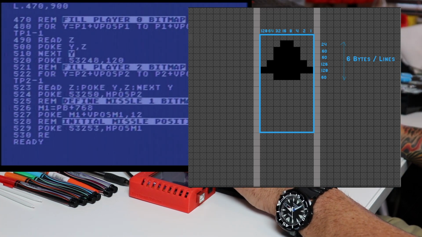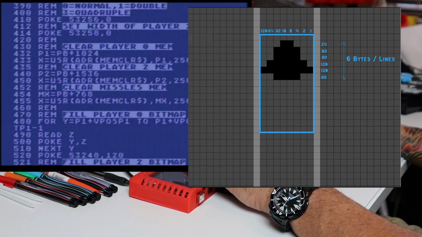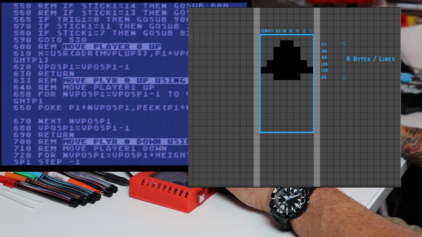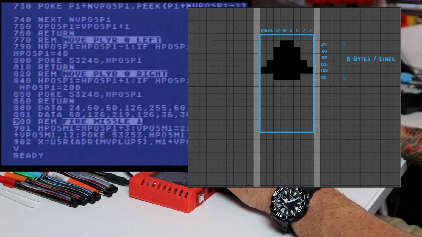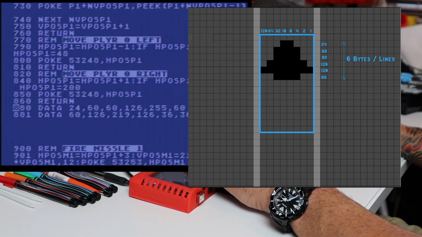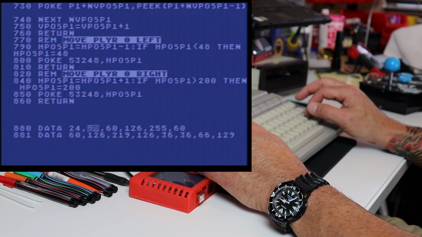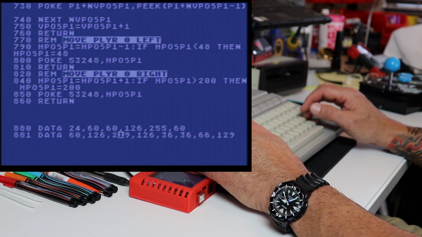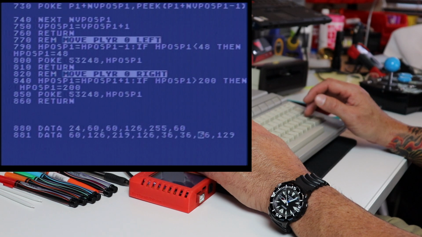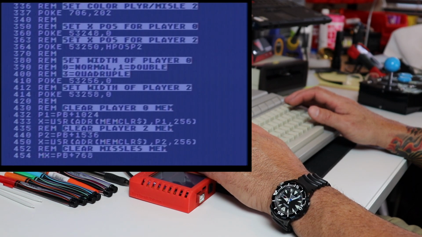Okay? And I'll show you those data statements further down in the program that represent that spaceship. I believe they start down here at line 880. Yeah, here we go, right here. Let me just isolate this so you can see it. So this happens to be our data for our spaceship. 1, 2, 3, 4, 5, 6 bytes. And if you remember, I said earlier, our alien is 8 bytes. So 1, 2, 3, 4, 5, 6, 7, 8. Okay? So let's go back up to